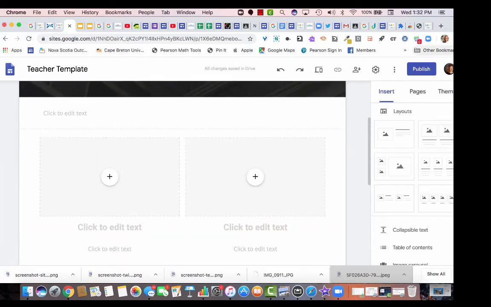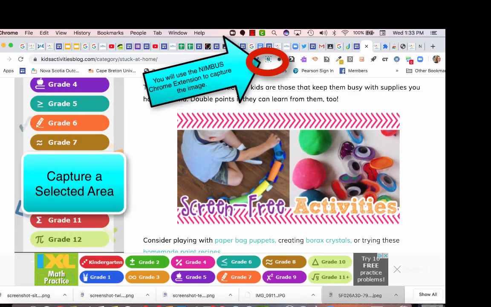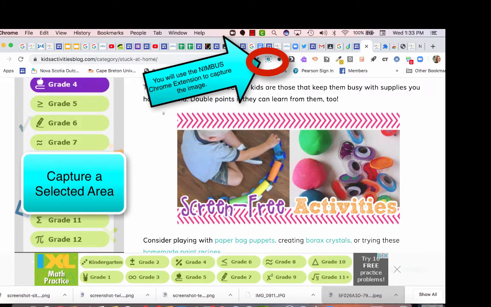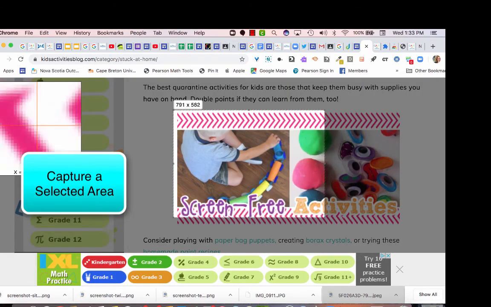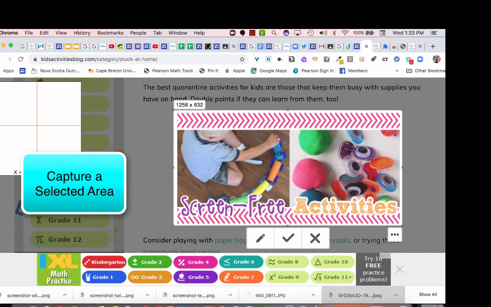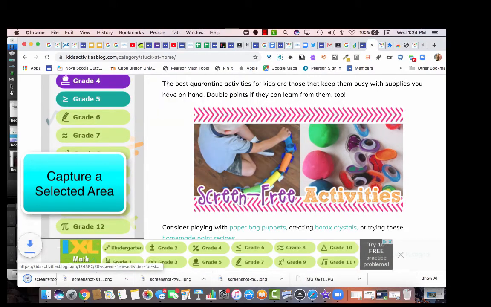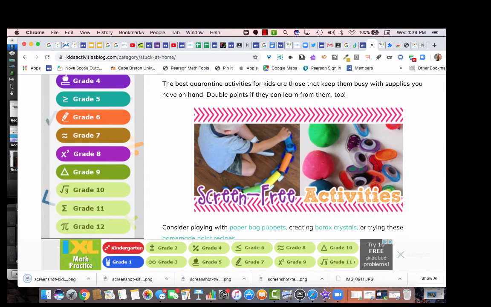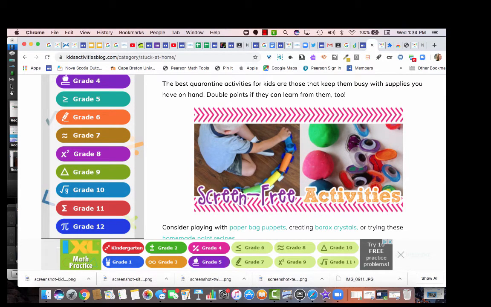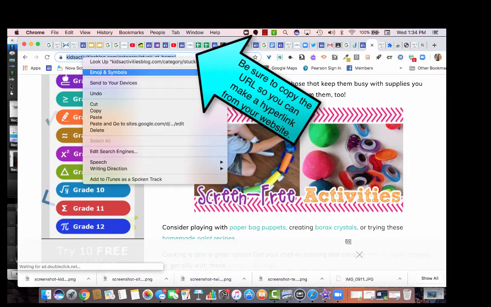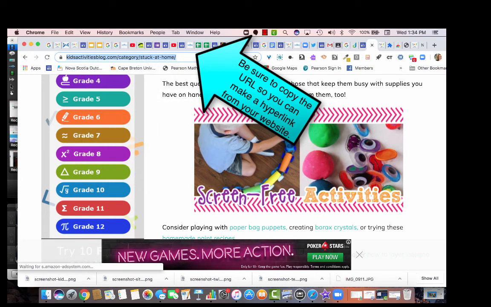resources, and again, I'm going to show you how I would capture if I wanted to add. Here's one. Okay, so I'm going to record screen-free activities. I'm going to drag my cursor to get that picture. I'm going to save it, and it'll download. And then I want the link. So I want to make sure I copy the URL by highlighting it, right-clicking, copying, and then I'm going to